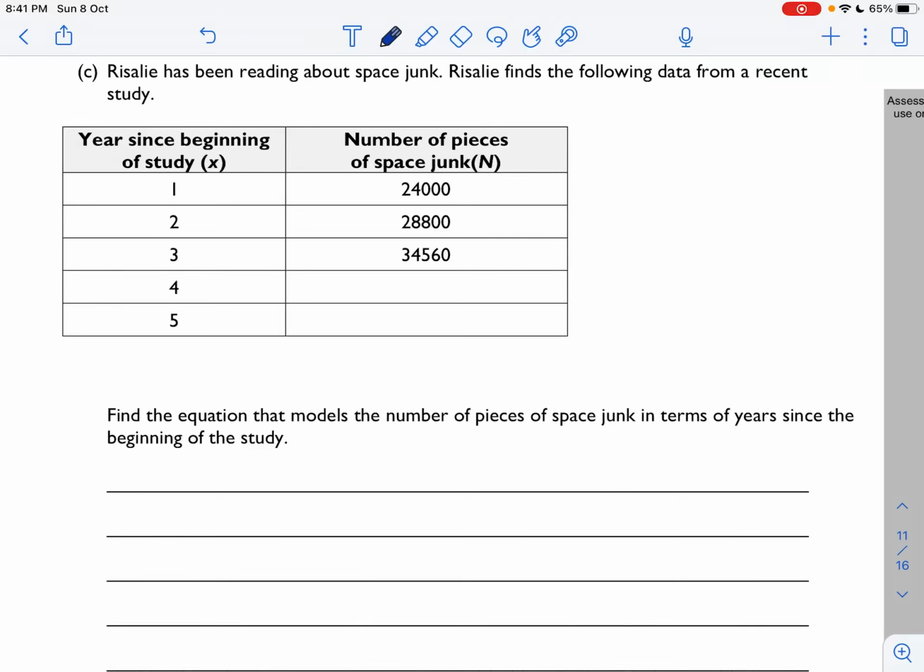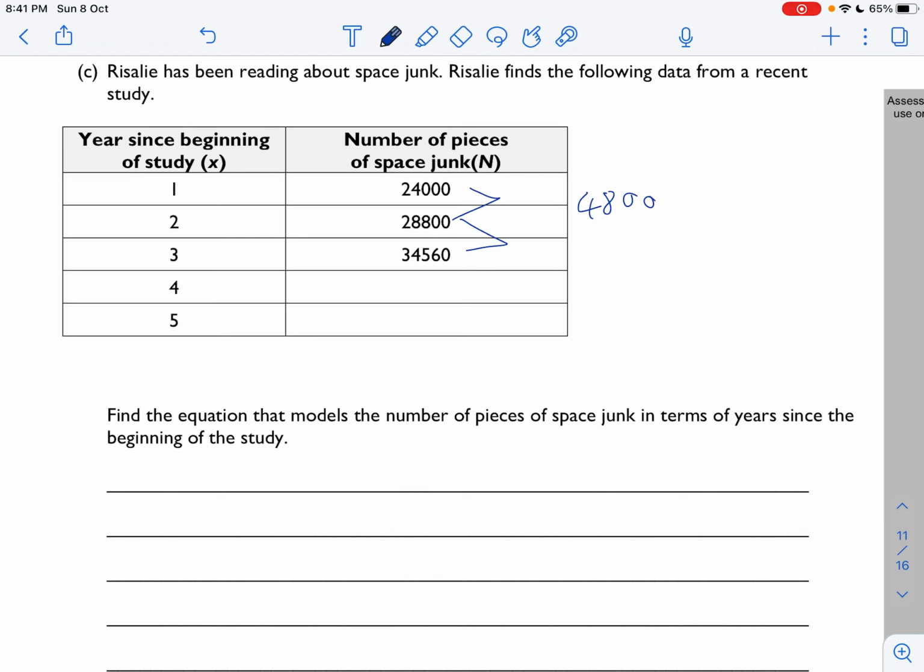So this is question 3c. What we've got here is a setup of a table. If we have a look at the difference here, 280 minus... it's not a linear thing, you can see it's not a linear thing, because that difference there is 4800,